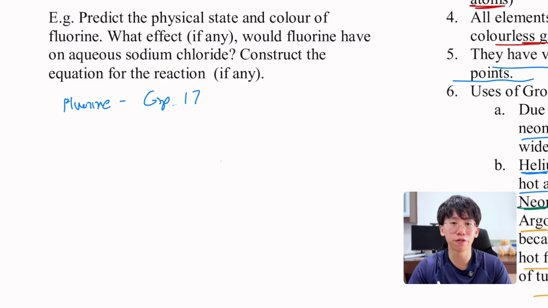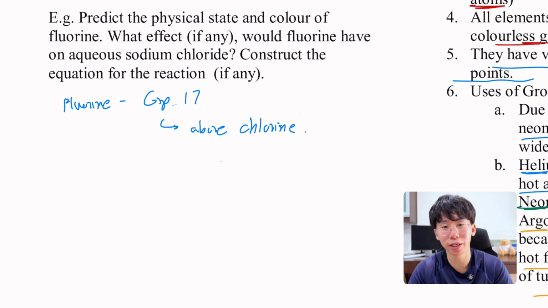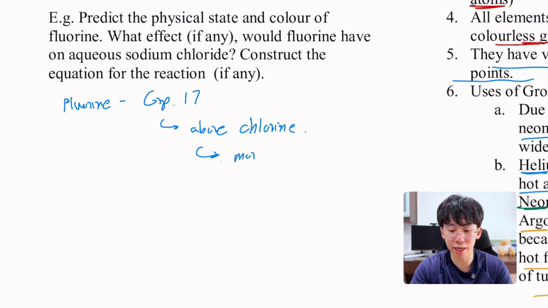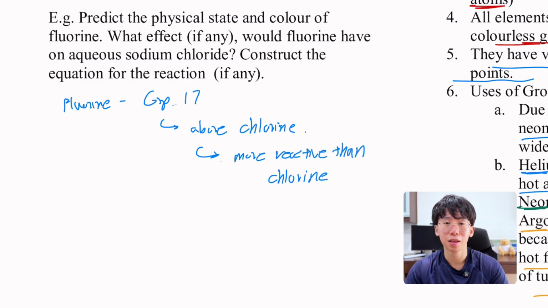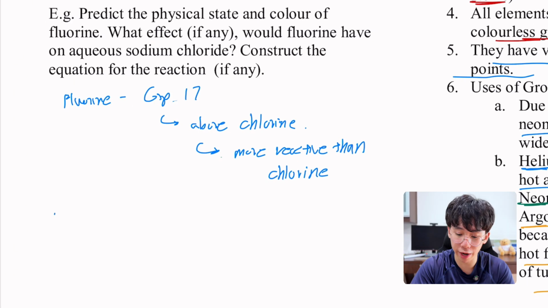Okay, next, I'm going to find out where exactly it is in its position in the group. So fluorine is actually above chlorine, and because of this, we know that this is actually more reactive than chlorine. Okay, so in terms of physical state and the color, we know that as we go down group 17, the color actually becomes darker and darker. If we know that chlorine is actually a pale yellow green color already, so we should know that fluorine in general, the trend is that fluorine